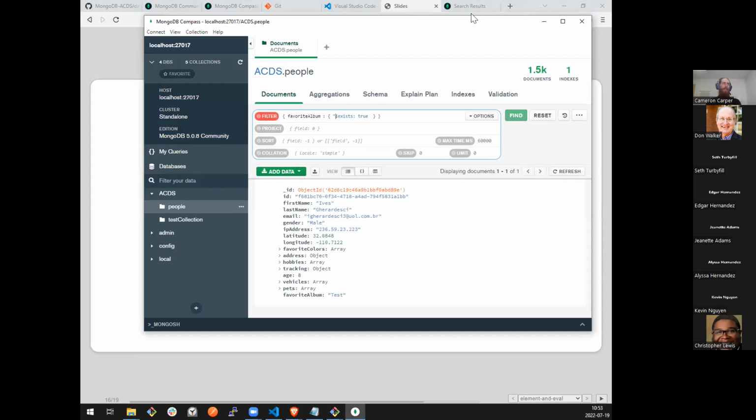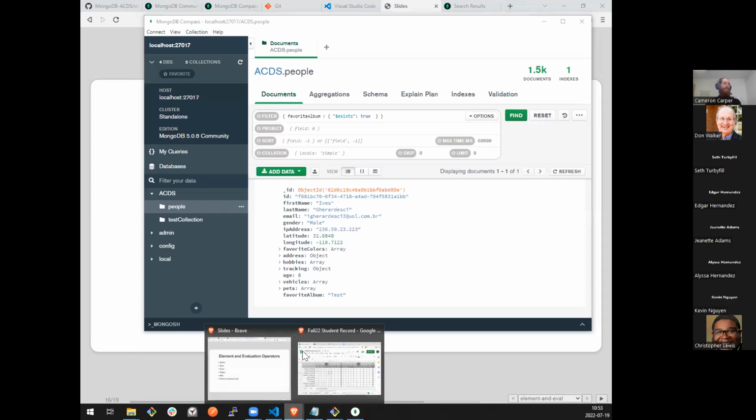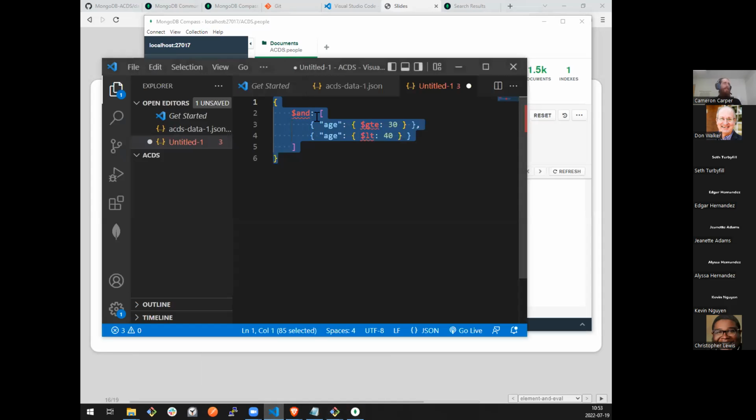So we can do that with our exists one. Apparently it still works. So that means that over in VS Code, you could make it pretty. So let's try it with a more complicated query. If it works for exists, it should work for all of them, but let's check.